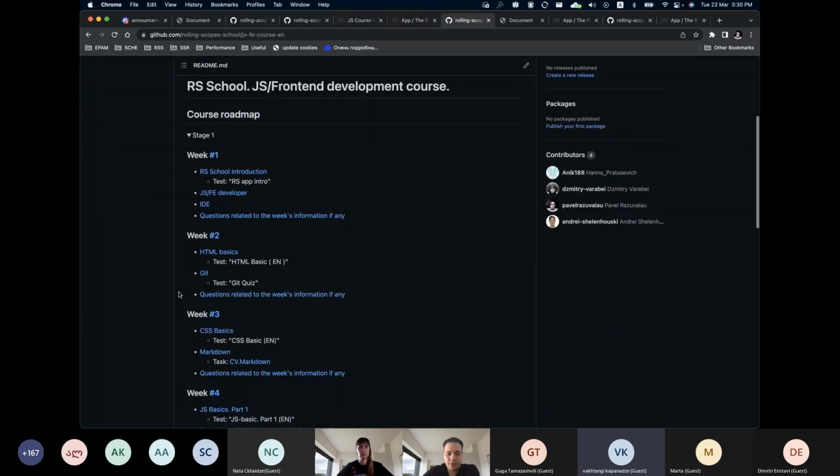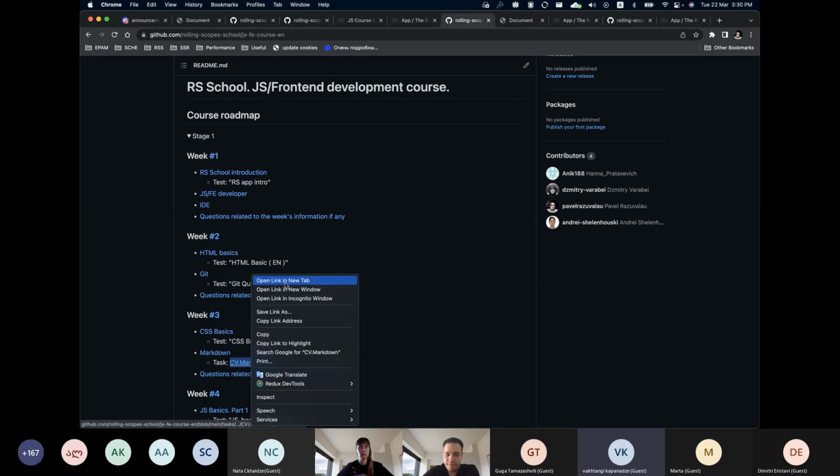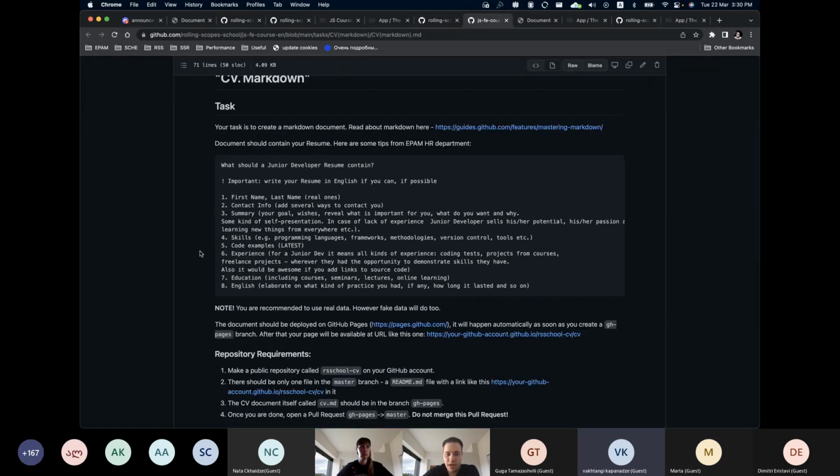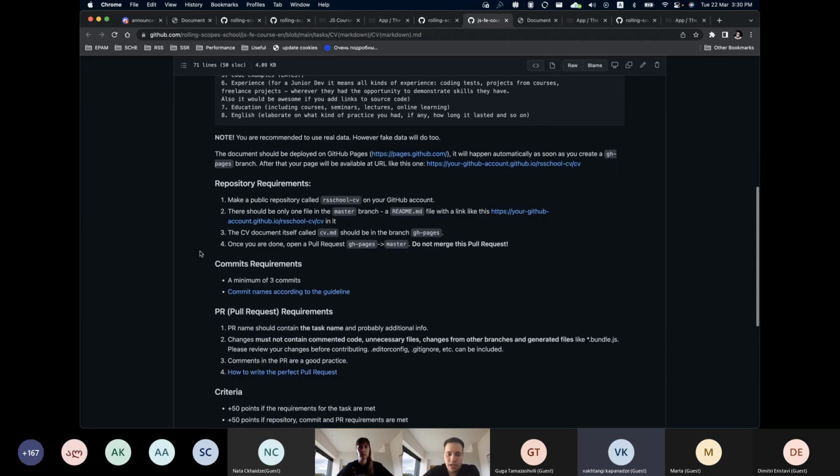Well, let's refer to the first task, for example, because all the tasks have repository requirements in their requirements. So here, to complete the CV markdown task, you need to create a public repository on your GitHub account.